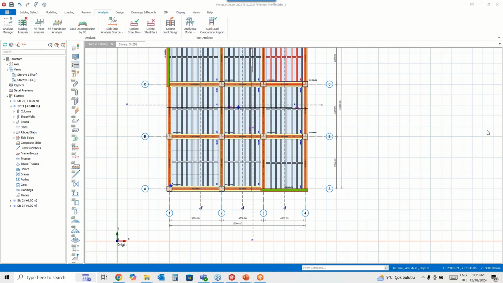Okay, so let's continue. Can you use a solid slab over the column with the same thickness? Yes, we can use drop panels, or we can add axes around the column and insert a different slab in this region. It's possible.